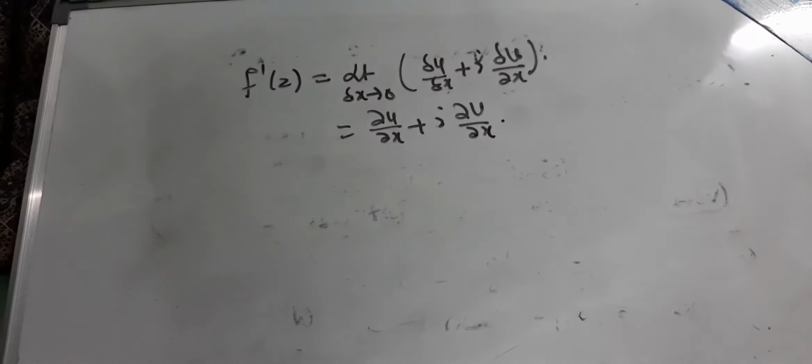So it is equal to del u by del x plus i del v by del x. Similarly,